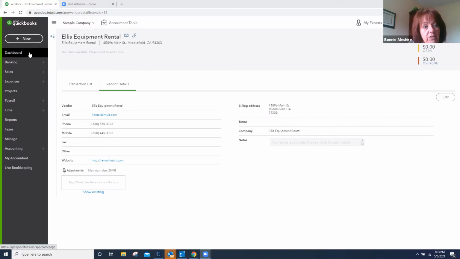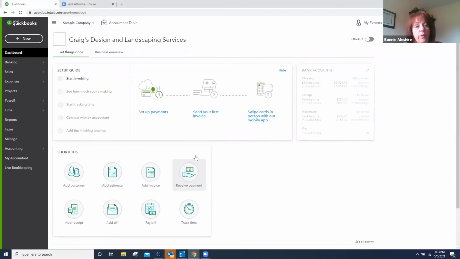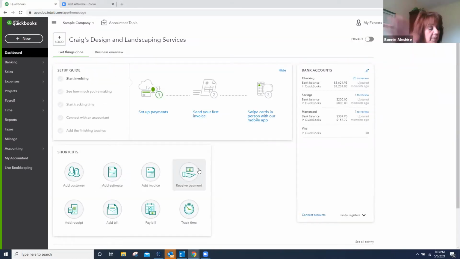I'm going to get back to my dashboard within QuickBooks. We're going to go over a bunch of stuff. I'm probably going to jump around a little bit from what I had originally set up. I want to touch on navigation first. Everyone here is at a different level of using QuickBooks, so I thought it was helpful just to touch on the overall navigation and where things are